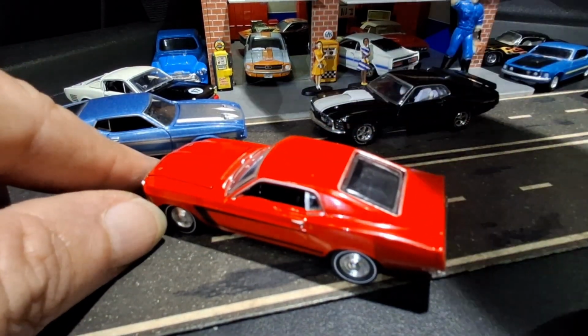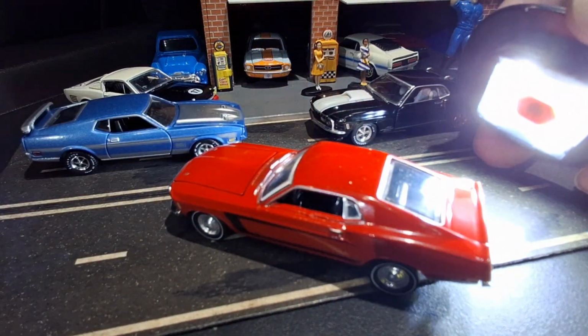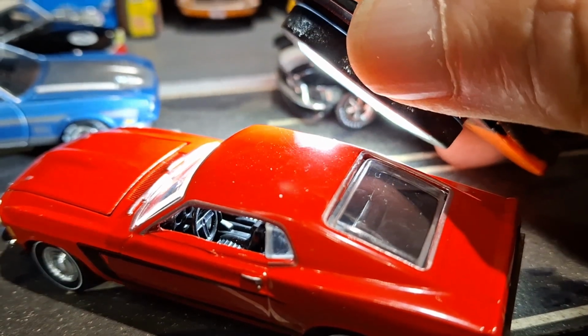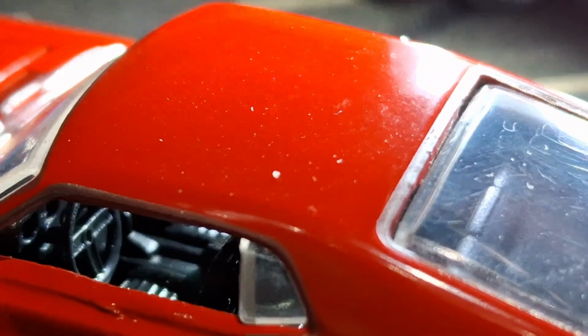Let's see if we can see anything inside it. Let's take the garage light and let's see if we can look inside. Let's get closer. Oh, yeah. Well, let's see what we can see in there. What can we see in there? We got something